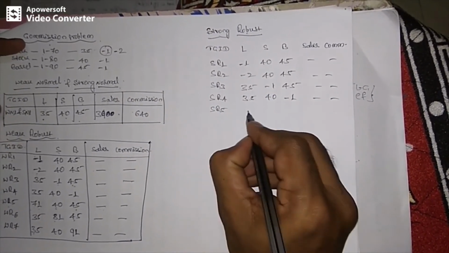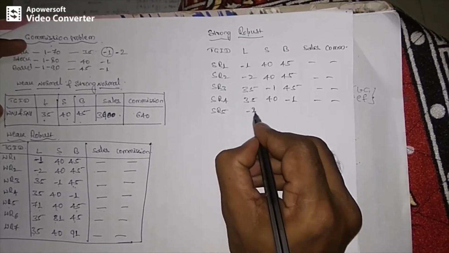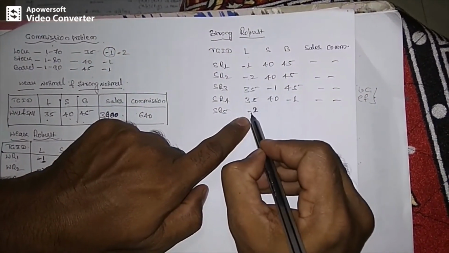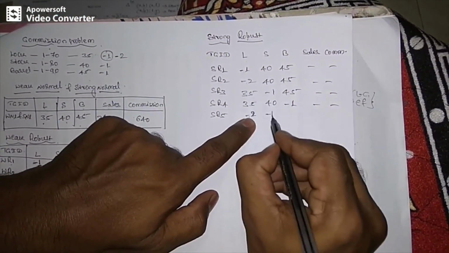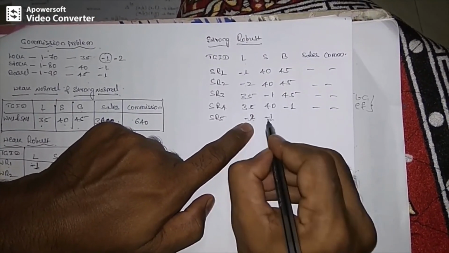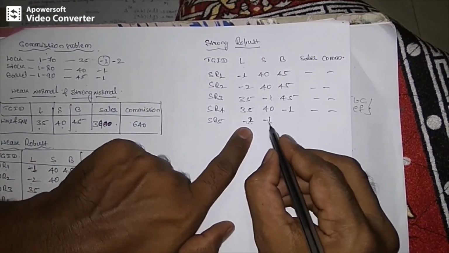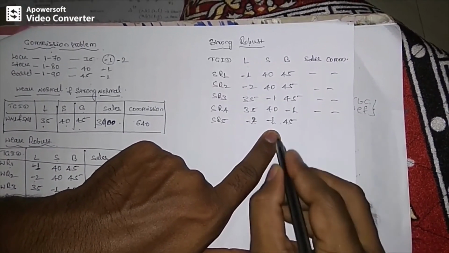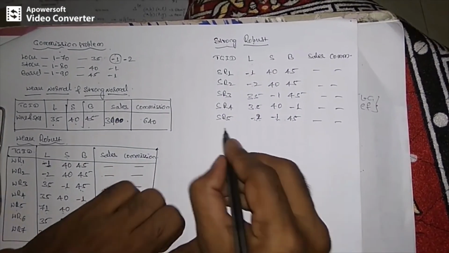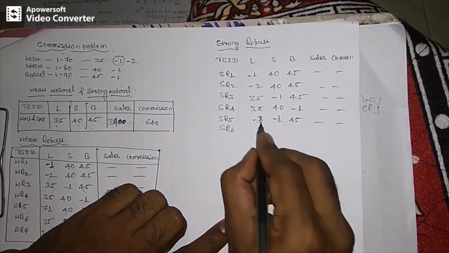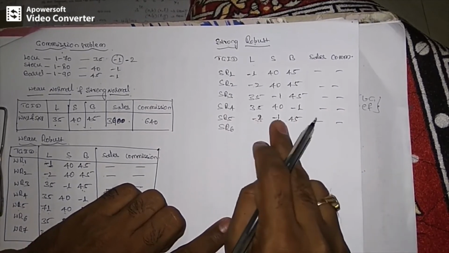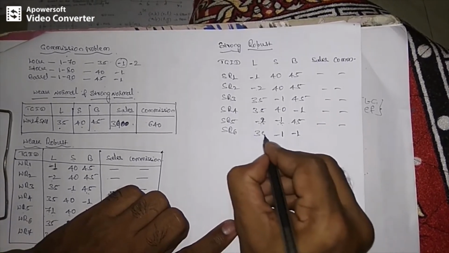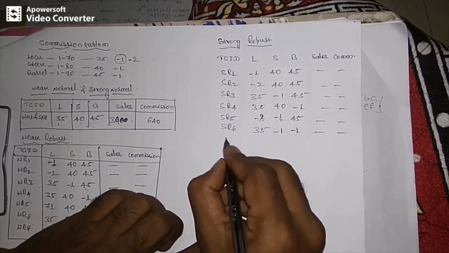Then consider the multiple fault assumption. This time, the lock value is not minus 1, now minus 2 will be the invalid, and the stock value is minus 1. Multiple means two or more inputs can be invalid and the other input should be valid, that is nominal. Now there are no sales and commission. SR6: first these two become invalid. Invalid means minus 1, minus 1. What about this one? This is nominal. There are no sales and commission.